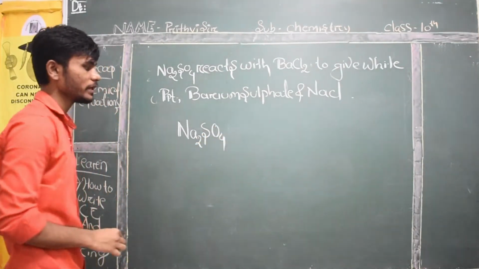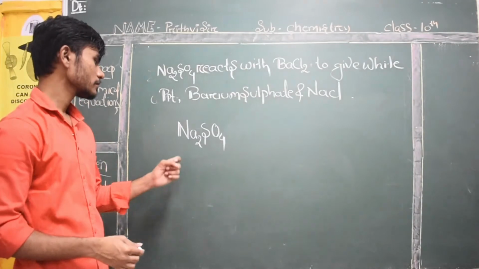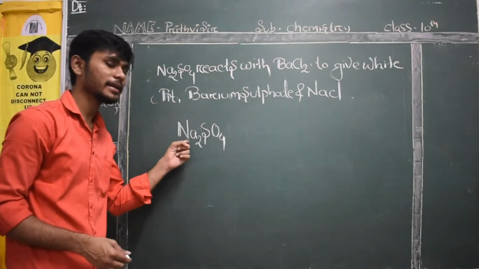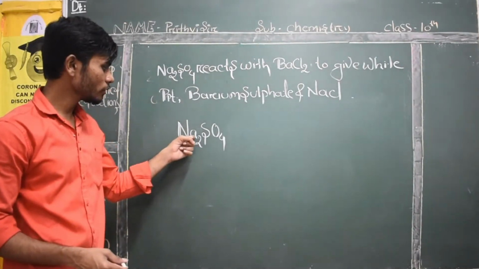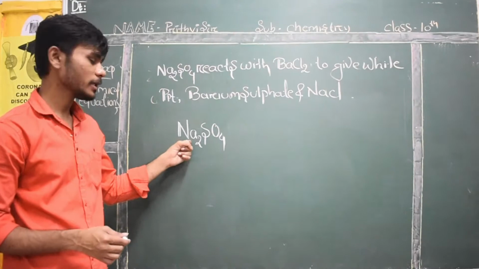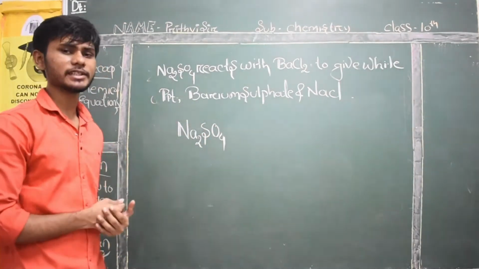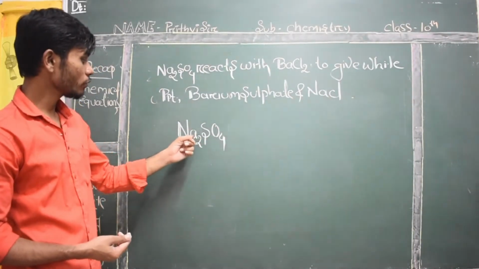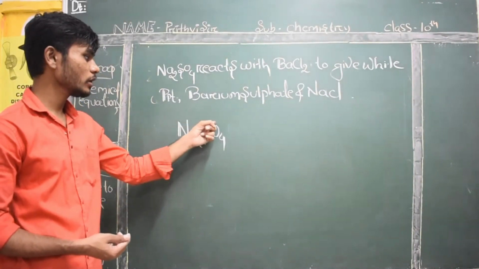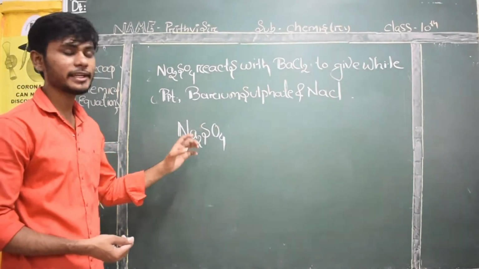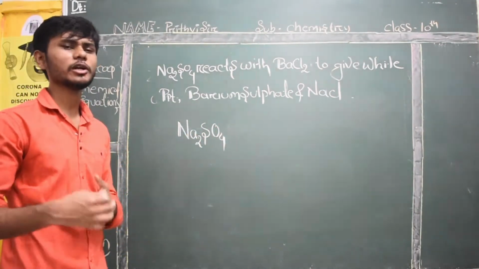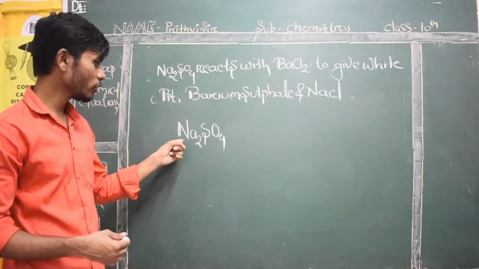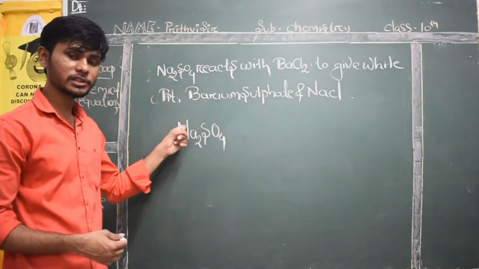Just write Na2SO4. Students, always keep in mind why I write N capital and a small a, because this is the symbol of sodium, that is Na. Here sodium itself is an element. Oxygen itself is an element, so I write both of them with a capital. You should never write them in the same line. If you write the O in small letter, then a somewhat different element will come. So please keep these things in your mind. Whatever I am writing, here I wrote Na with capital N and small a because it is one element.